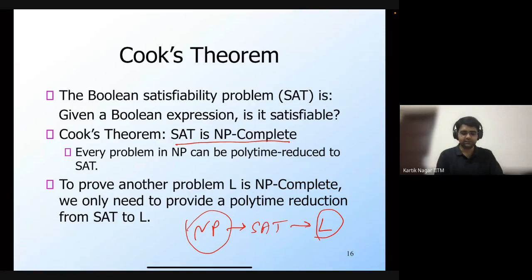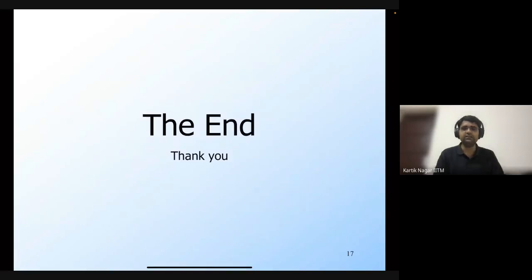So this is just a very brief introduction to this idea of P versus NP and the idea of NP completeness. In fact, I haven't even done any examples for that, but that's it. That's all I'm going to say about this particular topic. So with that, that's basically the end of the syllabus.